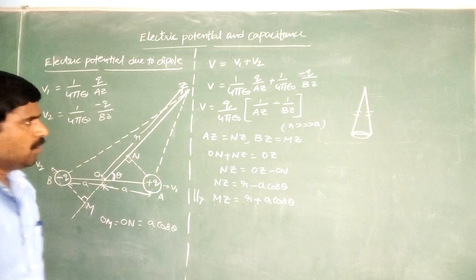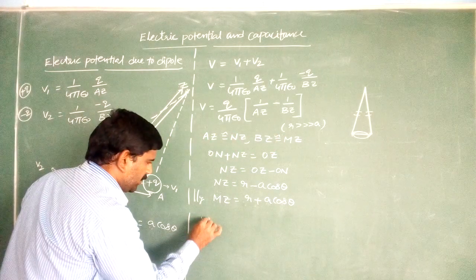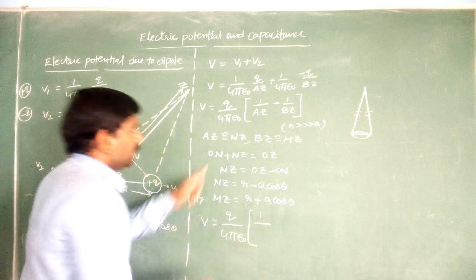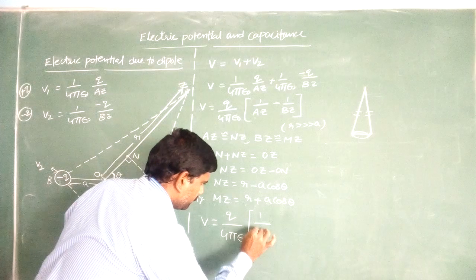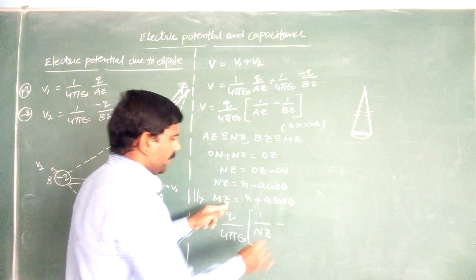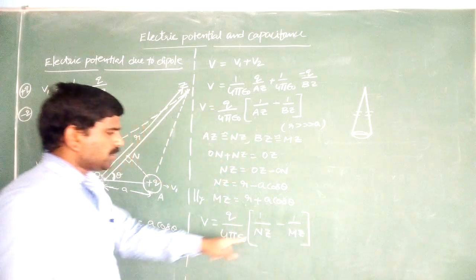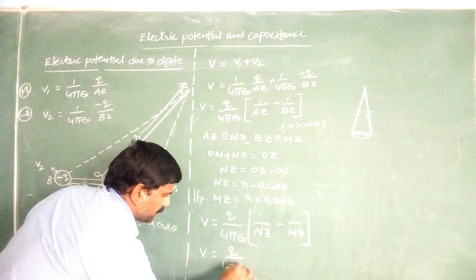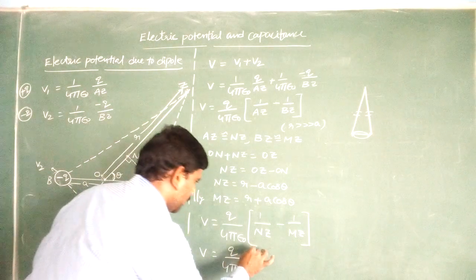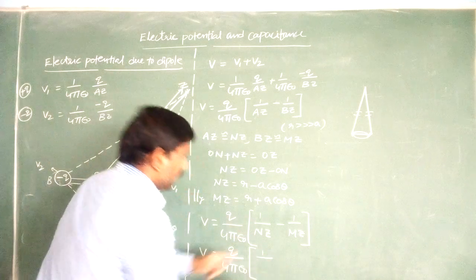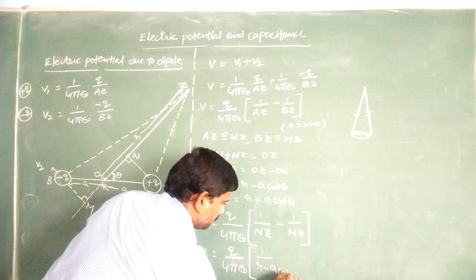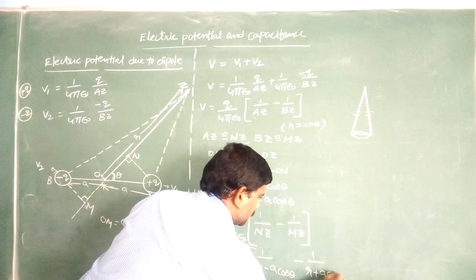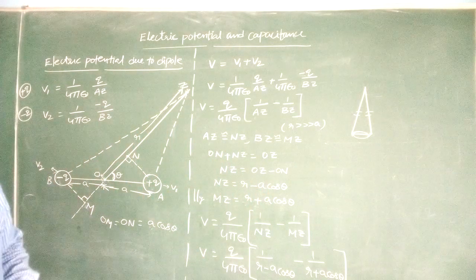Substitute these values in this equation. Since AZ is equal to NZ and BZ is equal to MZ, the potential V is equal to Q by 4 pi epsilon naught into 1 by NZ minus 1 by MZ. Substitute the NZ value and MZ value in this equation. Therefore V is equal to Q by 4 pi epsilon naught into 1 by R minus A cos theta minus 1 by R plus A cos theta. So simplifying that one,